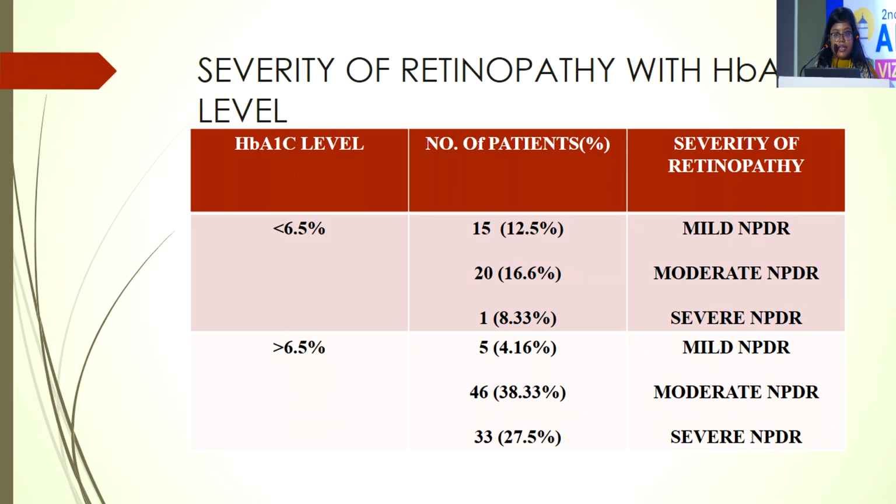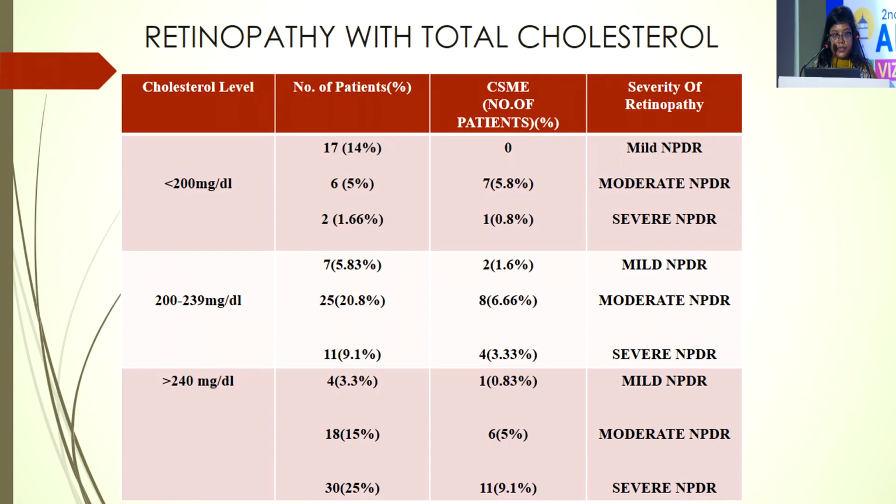This table shows severity of retinopathy with HbA1c level. With HbA1c less than 6.5%, most of the people fall in the mild to moderate NPDR group, and with more than 6.5%, they fall into moderate to severe NPDR. This table shows